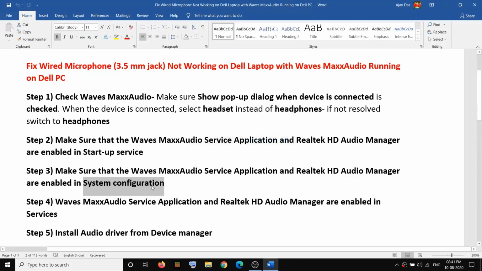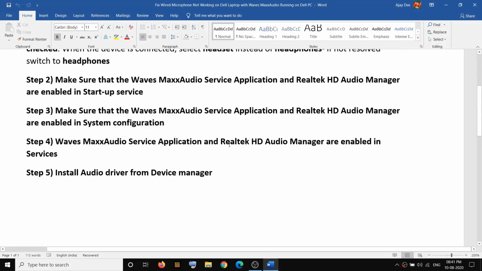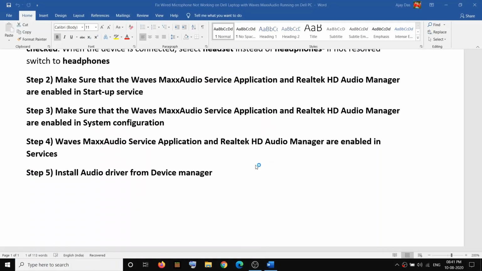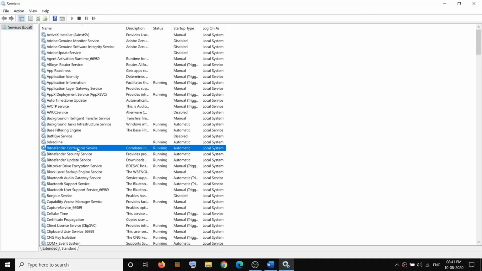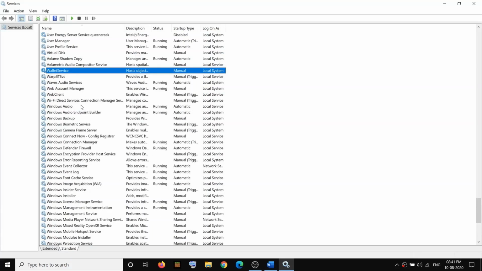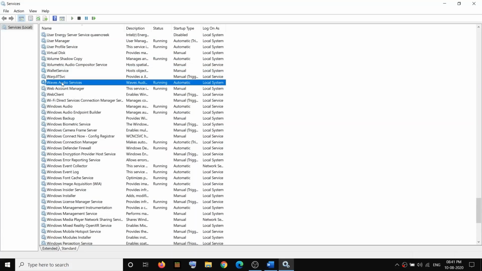If it's not working, then make sure that the Max Audio Service and the HD service are running in services. So type in services in Windows search and then make a right click on services, then click on run as administrator and then find Waves Max Audio. So here you can see Waves Audio Service.